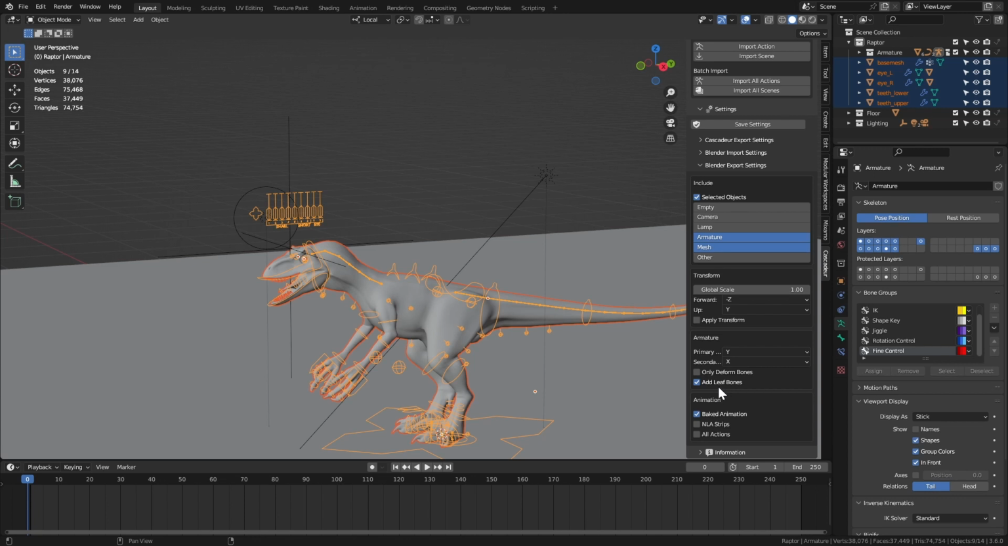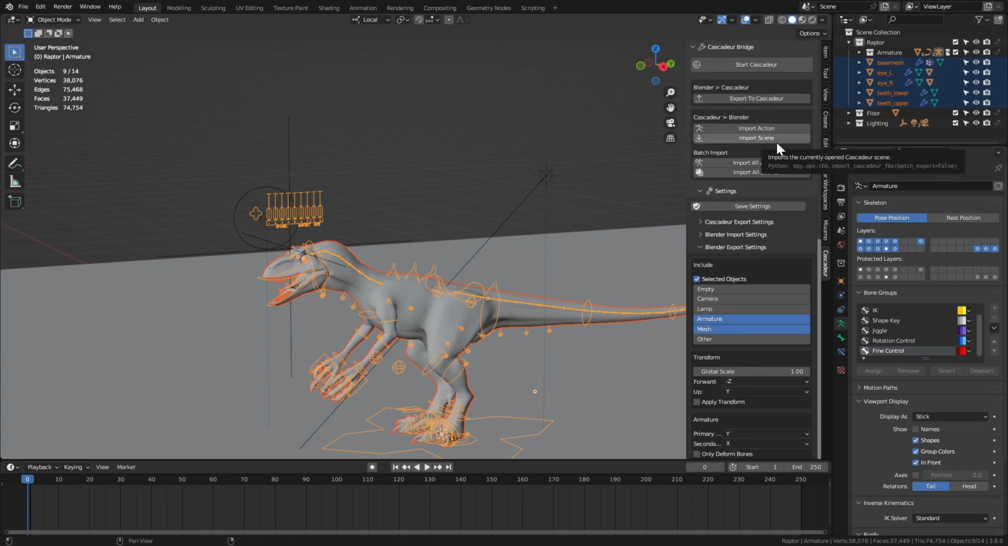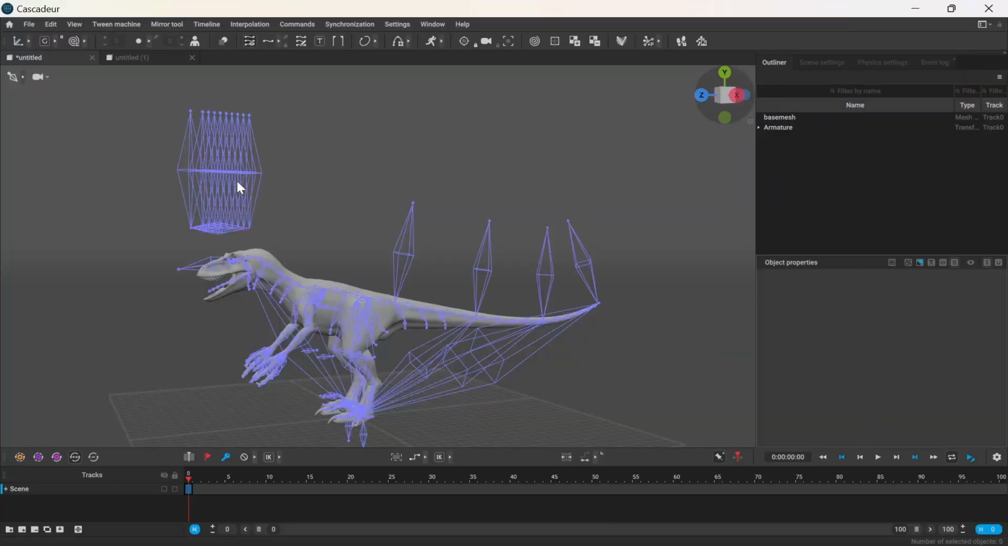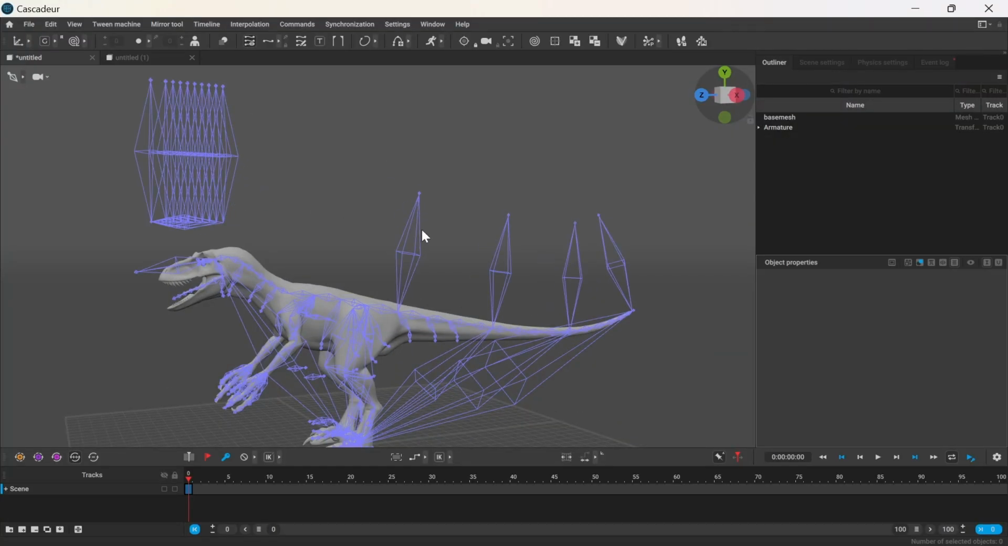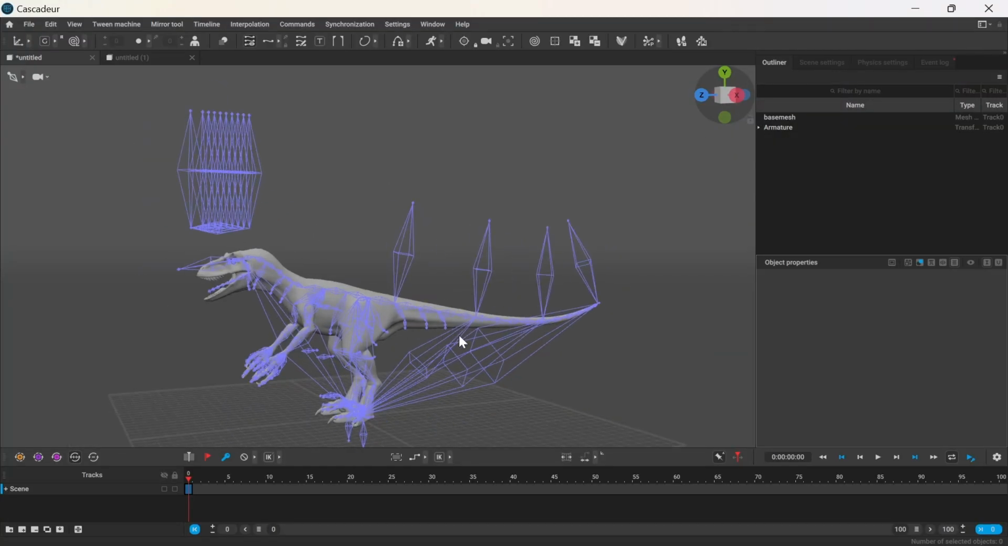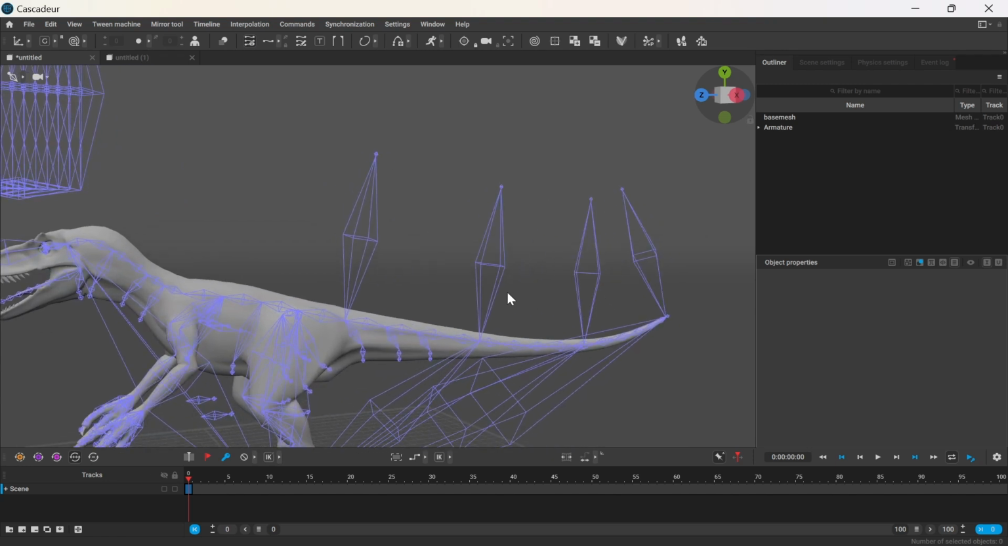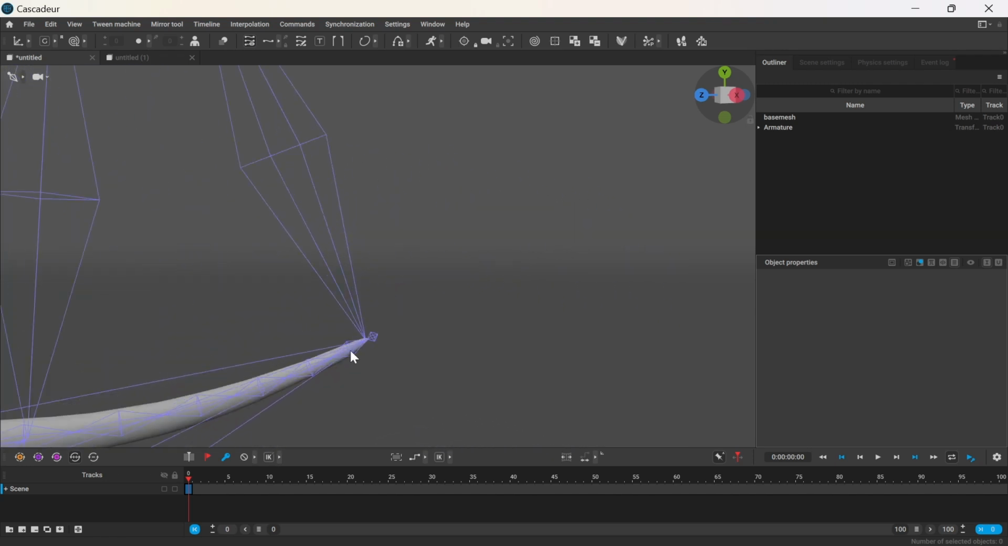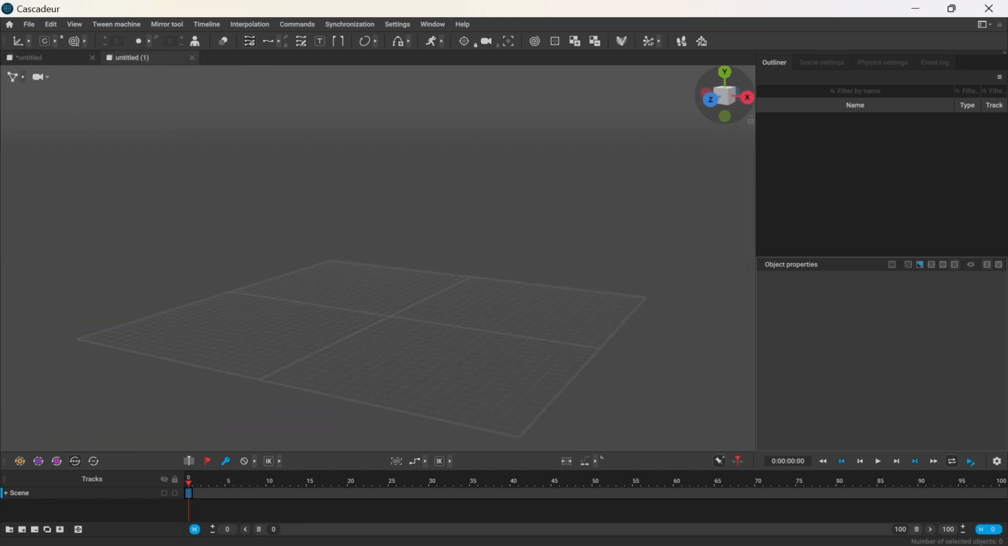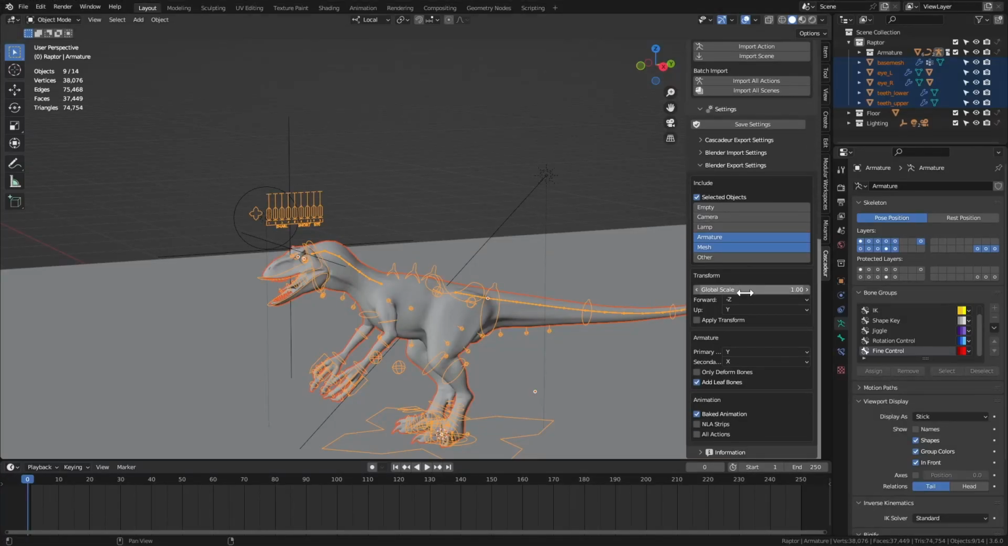Usually you wouldn't want to use these settings, but I think in this case it makes it more convenient to rig the character in Cascadeur. So to compare, this is how it would look with leaf bones, so it's quite similar to what you would see in Blender, and also if you check the tail it ends exactly where I want it to end. But if I now go ahead and export without leaf bones,